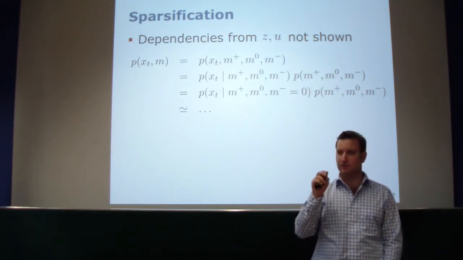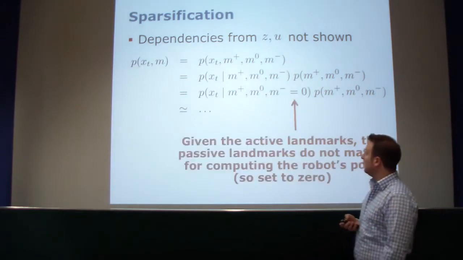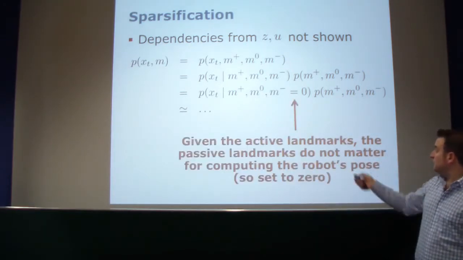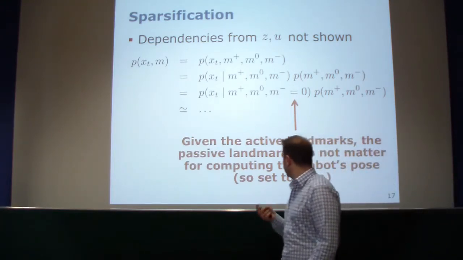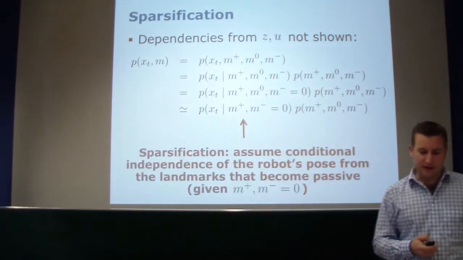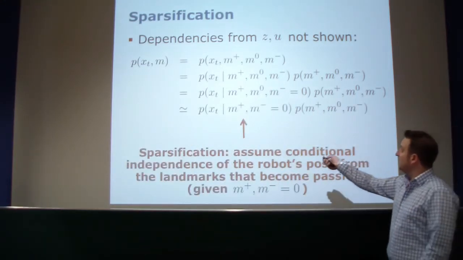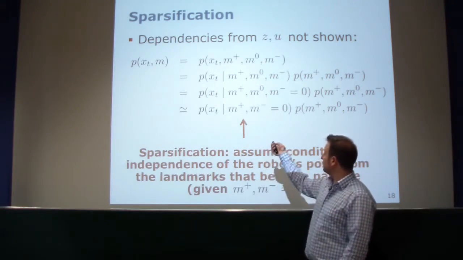Okay. So what's the SEIF update based on the active landmarks? The 0 is given the active landmarks. The passive landmarks do not matter for computing the robot's pose, so set them to 0. One step. The next thing I do is the sparsification step, from here to here,